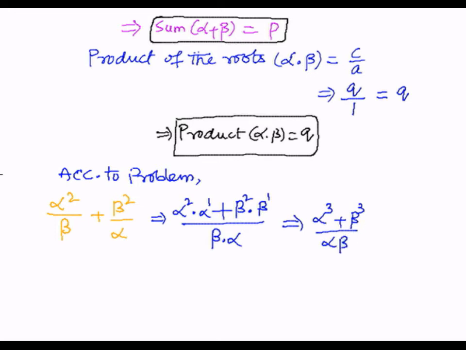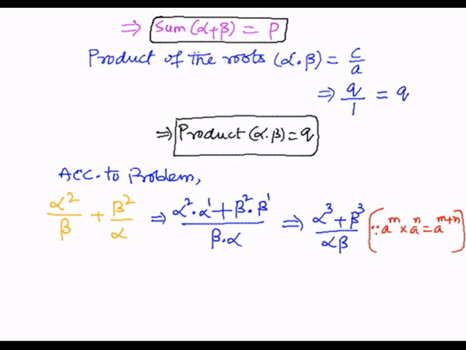So here we got this step by means of the identity a power m into a power n is equal to a power m plus n, that is the product rule. Based upon this reason I wrote this logical step. But we need alpha cube plus beta cube. So here alpha raised to the power of 3, but based upon this formula, I want to write